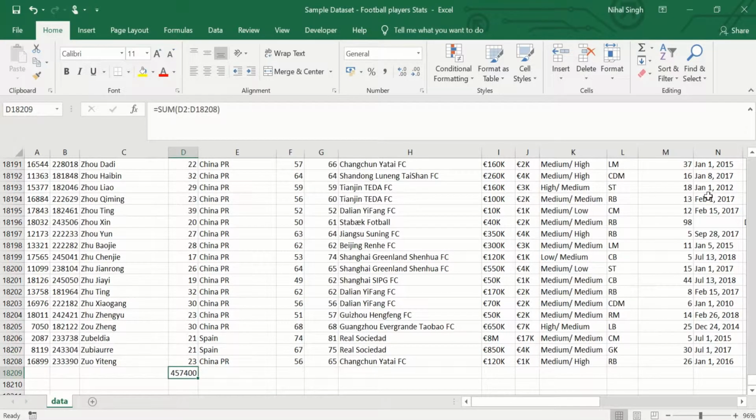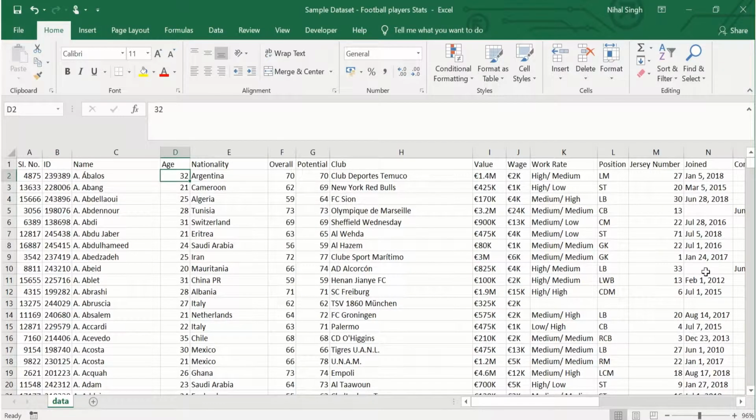So basically, again, sum and the range of data you want to take the sum for. This is how we use the sum function. The next function we are going to see is SUMIF. SUMIF is used to take the sum of a given data range which satisfies a given